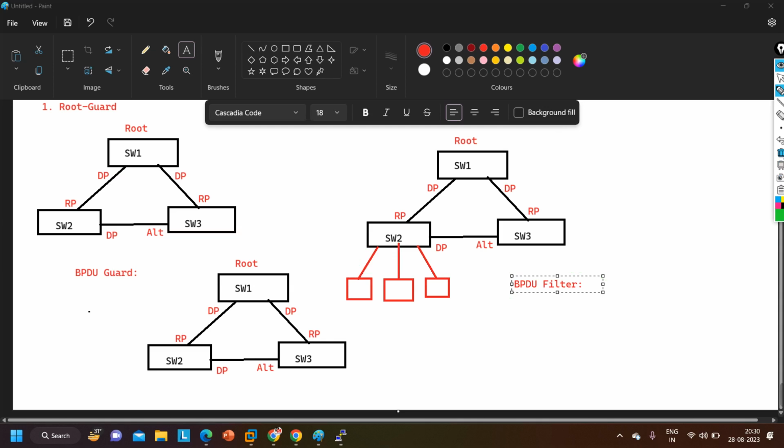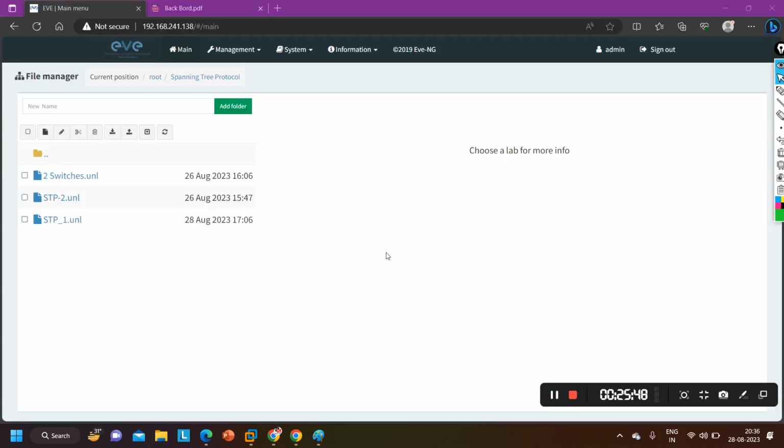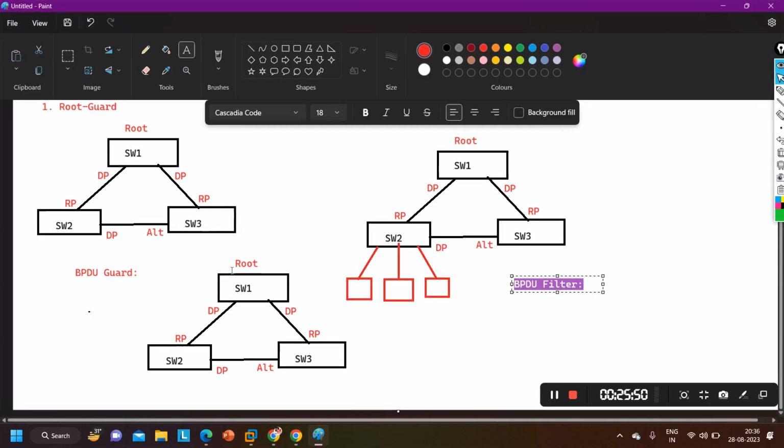Fine guys, is it clear to all? STP protection, how we can utilize this, sir? BPDU filter. Why should BPDU filter not be enabled? So next topic is